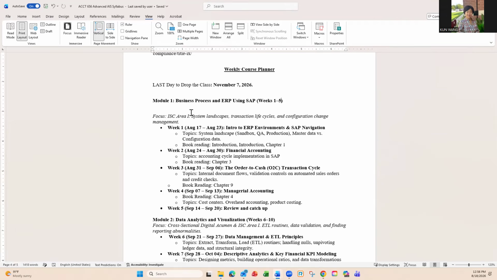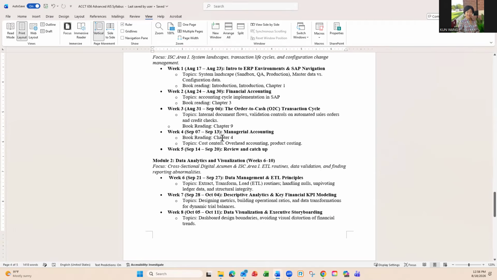We don't have time to go over each of the business modules. I will pick 3 or 4 main business modules, depending on the time, so we can get a better understanding and grasp of the business process and ERP, like data generation and integration from this perspective. And the second module will focus on data analytics and visualizations. You may have some other classes touch on this.